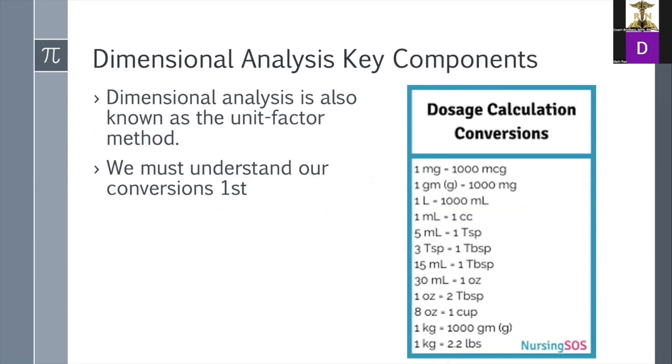I just Googled dosage calculation conversion. This is one of the charts that came up. So again, nothing special about the ones that are on here. But if you commit these to memory, you give yourself a fighting chance of getting your questions correct. Okay, I'm going to beg of you, please, please learn your conversions. Especially using dimensional analysis, there's going to come a point, and I'm going to venture to say about 80%